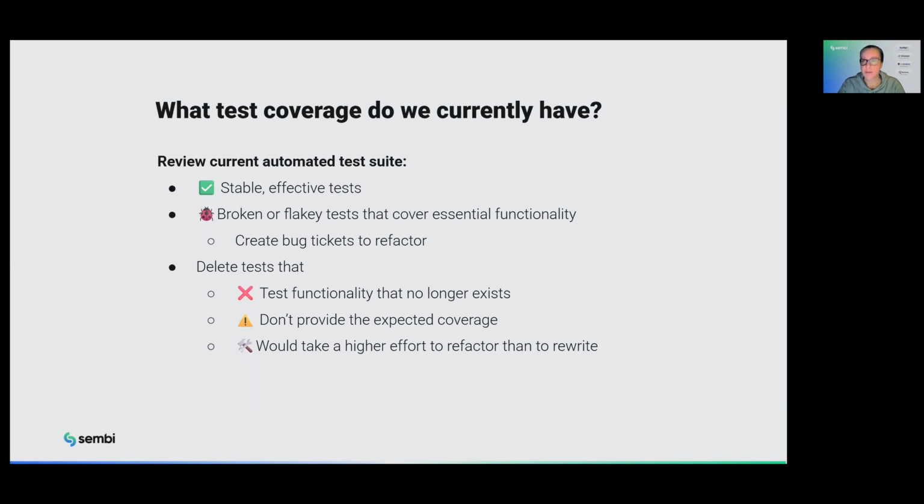And then we're always going to have those tests that test something that no longer exists, or we're not getting the test coverage we think we're getting from that test. Or the test is just so broken, it would take more time and effort to try and debug it than it would be to just rewrite it. And my favorite, all of those tests where giant blocks of things are commented out or the entire test is commented out. So once we have our existing automation suite divided into those sections and we've deleted the ones that we no longer need,